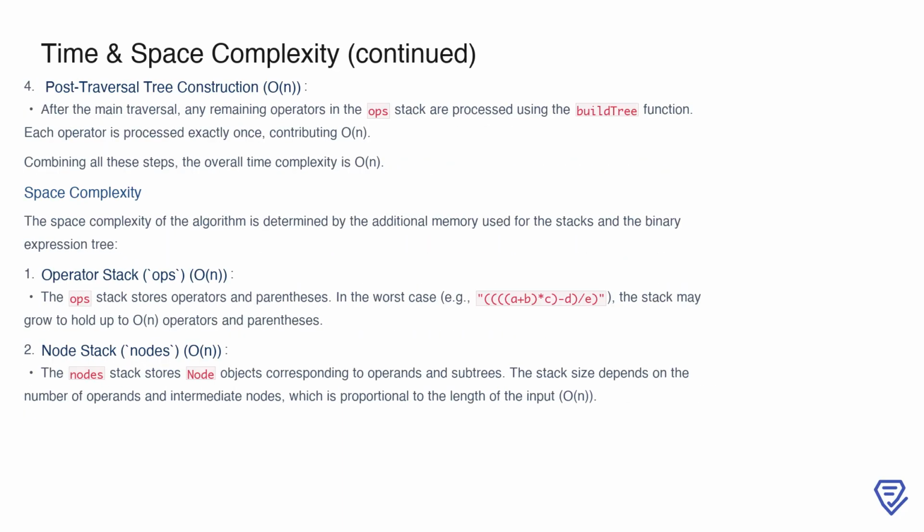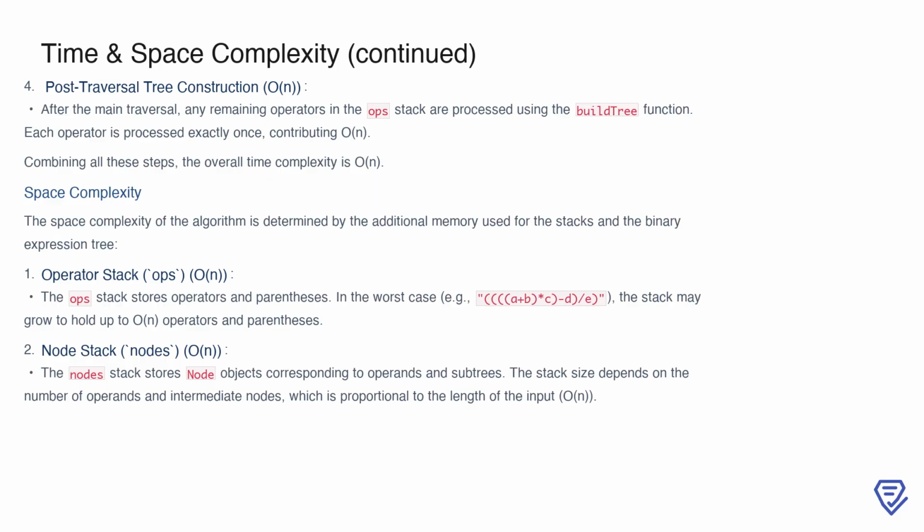After processing the input string, there's a post-traversal step where any remaining operators in the ops stack are processed. During this phase, the buildTree function is called to handle each operator. Just like before, each operator is processed exactly once, contributing O(n) to the overall time complexity. When we combine all these steps, input traversal, operator handling, parentheses handling, and post-traversal processing, the total time complexity becomes